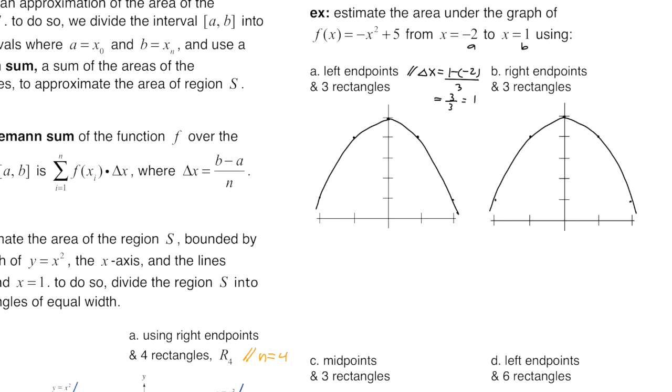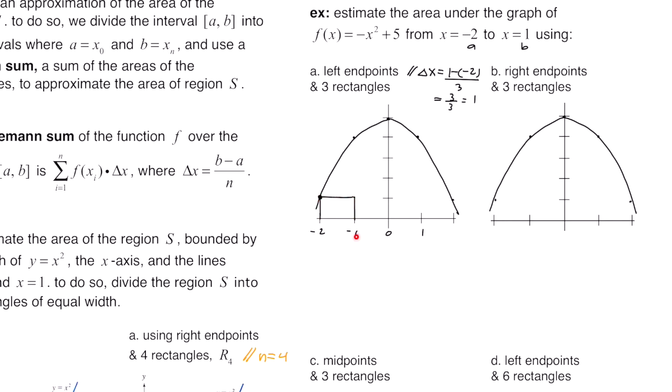So for our change in x, we end up getting 1. So for part A, we're using left endpoints. So right here, we're going from -2 to -1. To draw our rectangle, we go on the left endpoint, we go up to the curve and put a dot. So the width is 1, and you're on the left, you go up, put a dot, and that creates your